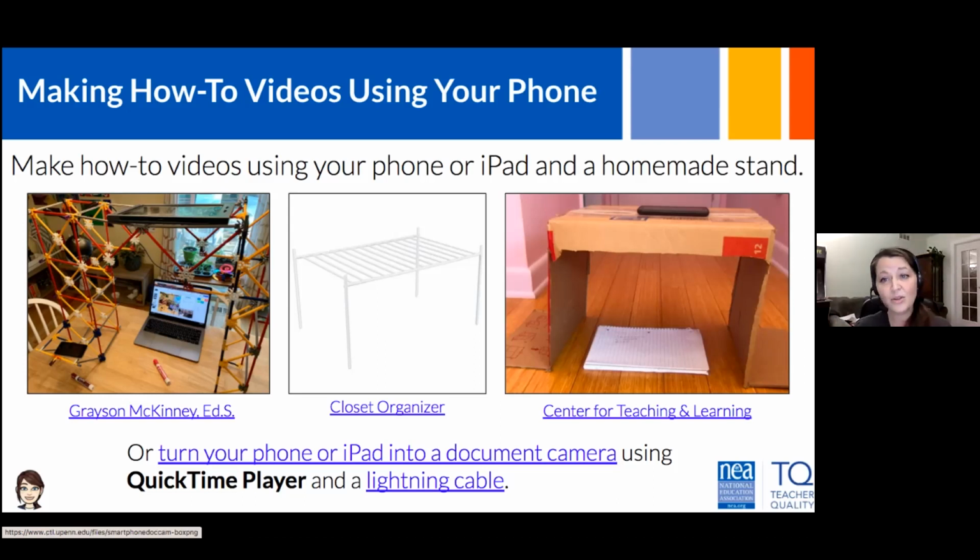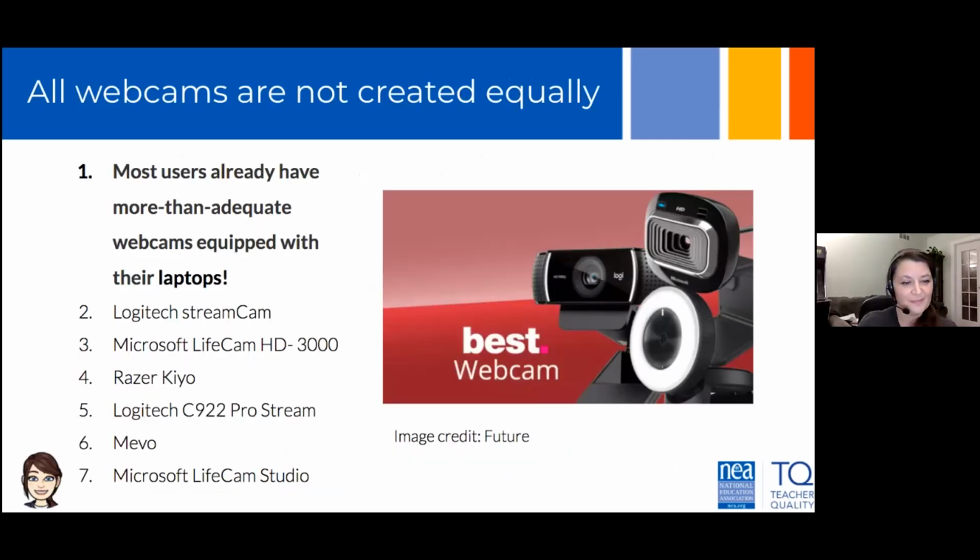You can also do it with a good old-fashioned cardboard box and a hole in the cardboard box. So all of these are inexpensive ways that you can create a simple stand, use your iPad or your phone, and make a handy dandy video for your kids. And that's a nice Seesaw recording area too, if you're a big Seesaw user in the classroom. A little cardboard area. Yeah, that's for the sound.